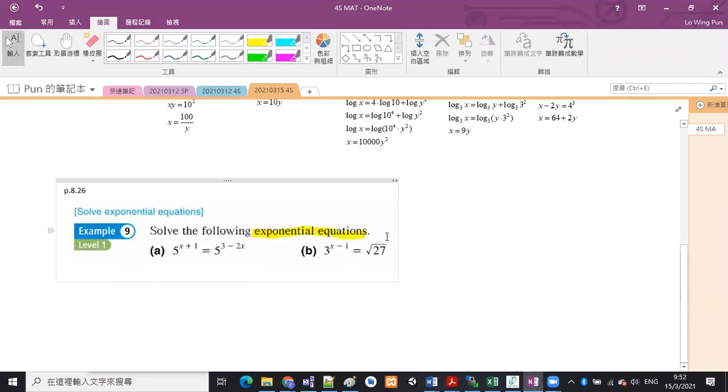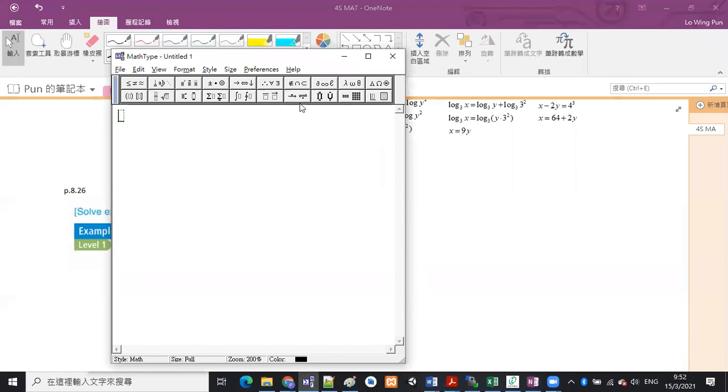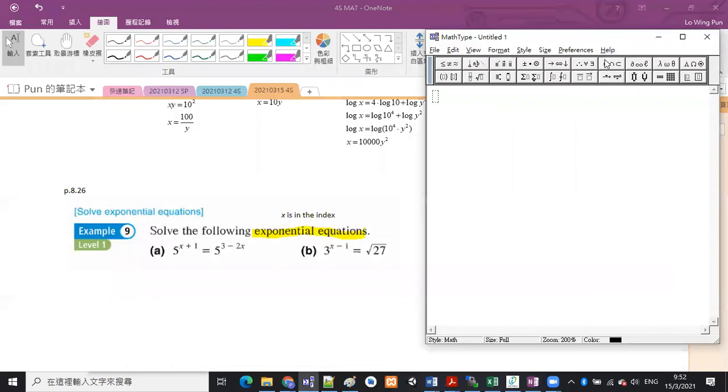Okay, which means that x is in the index or the power. 呢一隻都有兩種嘅方法，我陣間話俾你聽。好簡單嘅，即係好機械式嘅，你見到啲乜嘢就做啲咩反應，唔需要自己諗有啲咩方法。First, part A, 5 to the power x plus 1 is equal to 5 to the power